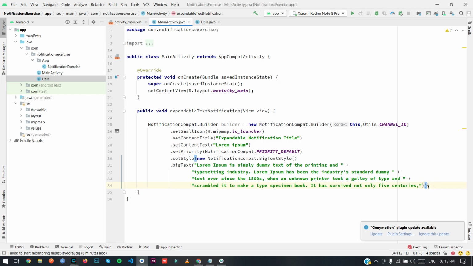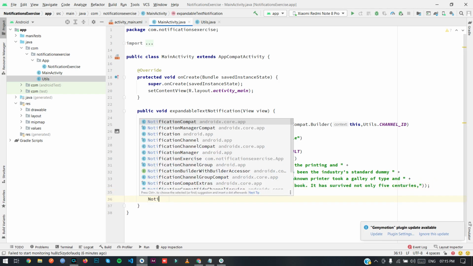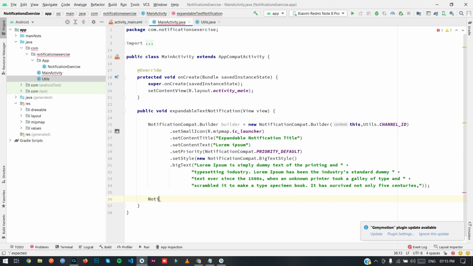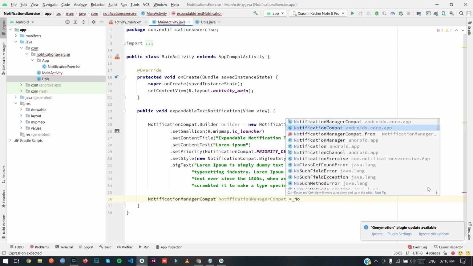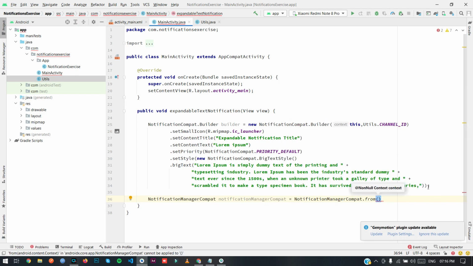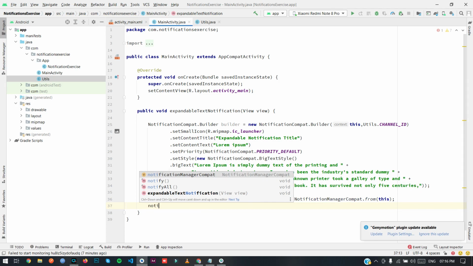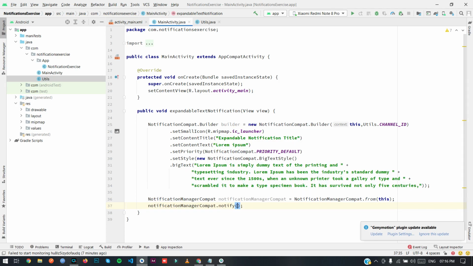Okay. Now we just need to get a notification manager. NotificationManagerCompat.from, pass the context this, NotificationManagerCompat.notify.